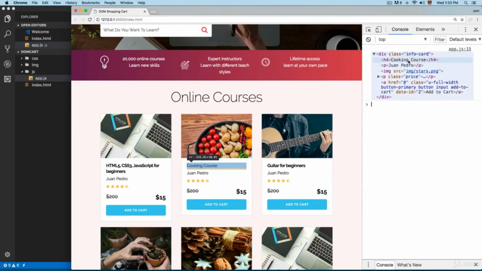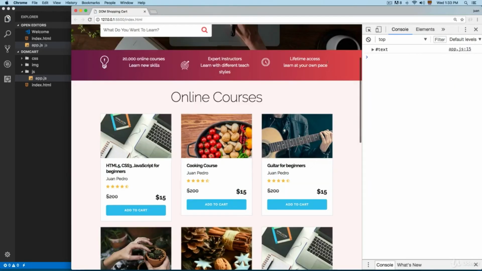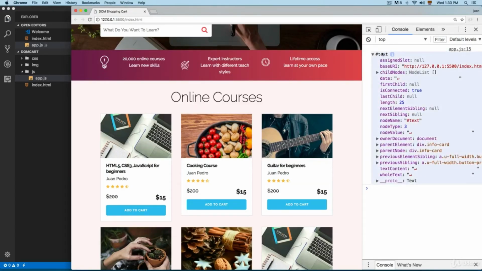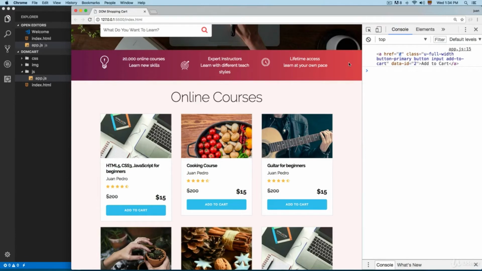So let's review other methods that you can use. Children is one of those, but we're going to see some others. There is one called last child. If we save this, you can see that this is returning a text. Remember, a text like this is going to be the white space in the HTML. So there is another one called last element child, and this is going to check actually for the